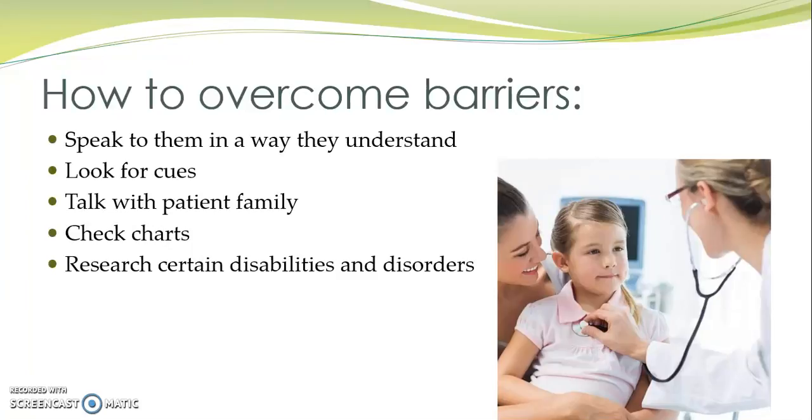Discussing things with the patient's family or caregivers is extremely important because these are people who are normally with the patient almost 24/7. By finding out from them what works and doesn't work, it will definitely make it easier for you, because this also ties into the next one, checking charts. You can see what has been documented or charted before, maybe by another medical assistant or by the doctor. If you're trying to do vitals, this is the way you have to do it. And if it's a new patient, by talking with the family, you can put this in a chart. Therefore, if the patient returns, the next medical assistant or doctor will know how to work with them.